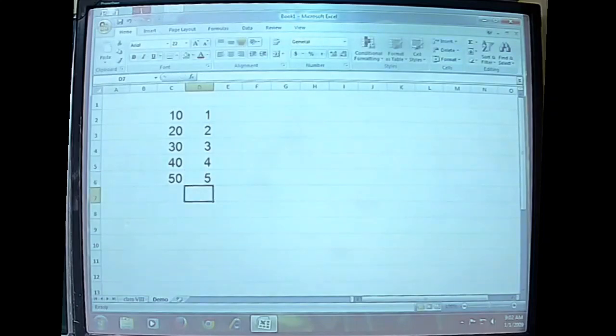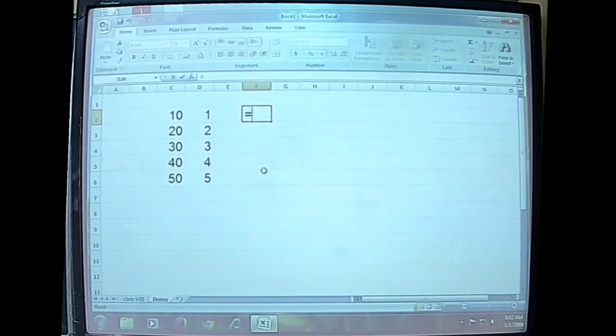So these are the two sets of numbers that we are going to use. Now in this cell we are going to add these numbers, like 10 plus 1. Here 11 is the result that is expected, but instead of adding the numbers directly, we are going to use the cell addresses for creating a formula with which we will be able to add these numbers. See how it can be done.